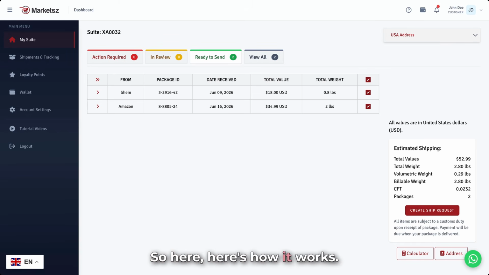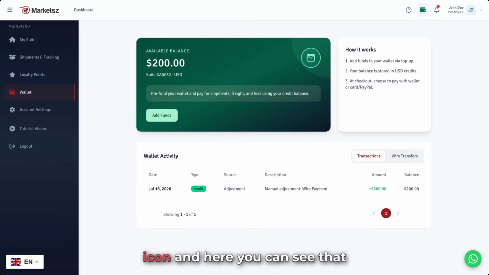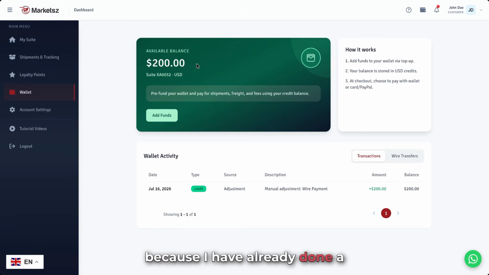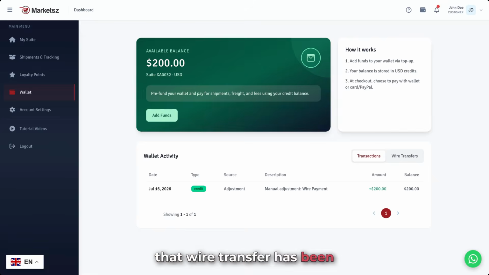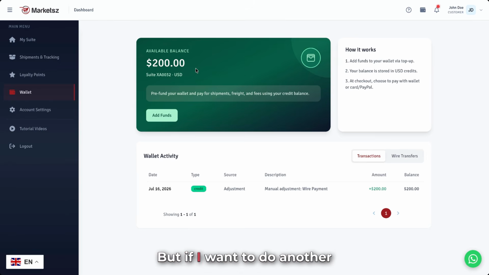So, here's how it works. On the upper right hand side here, you can see a wallet icon. You simply click on that wallet icon, and here you can see that you have already an available balance of $200 in this example because I have already done a previous wire transfer. And once that wire transfer has been approved by our team, then that will be credited to your suite, as you can see here. But if I want to do another wire transfer, then I simply click on Add Funds,